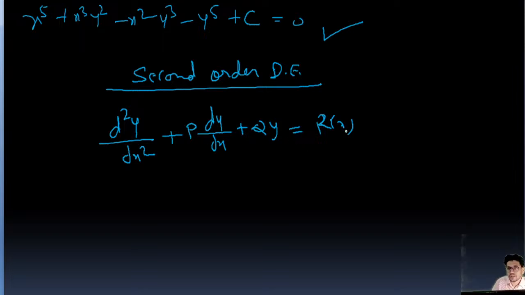If any equation is in this form, d2y over dx square plus p dy over dx plus qy equal to r, where p, q, r are functions of x,